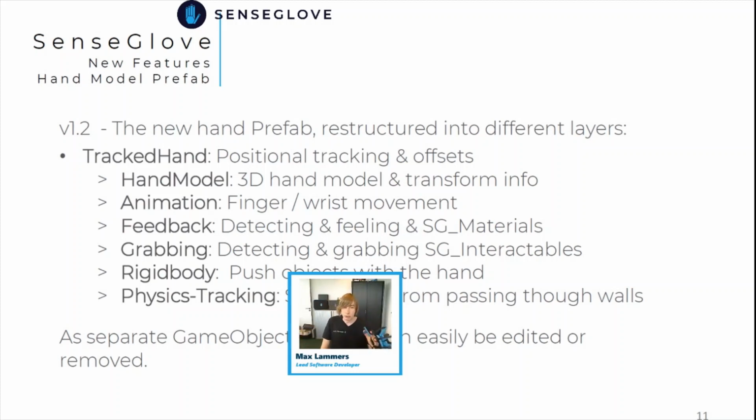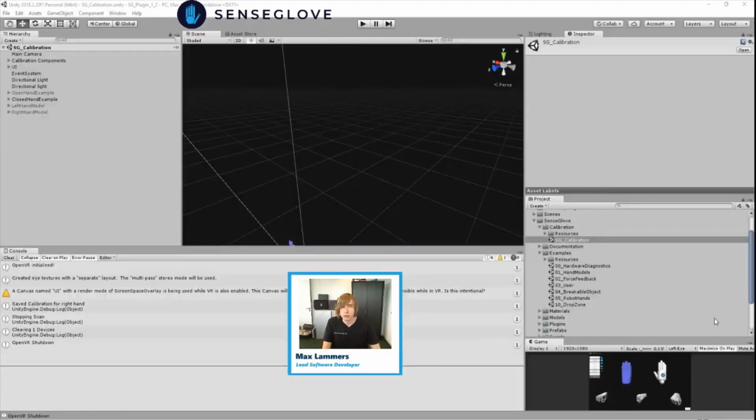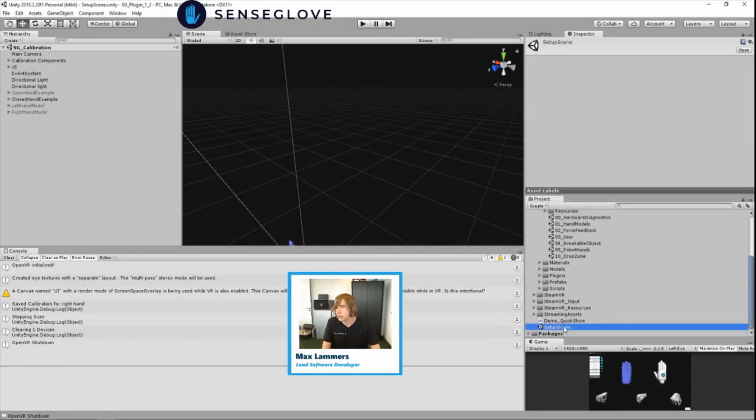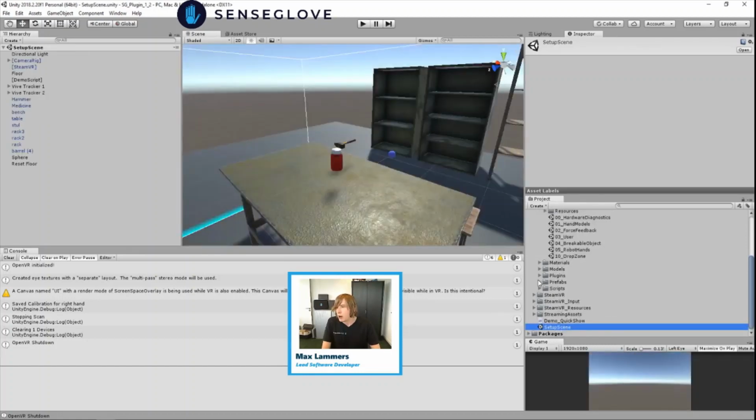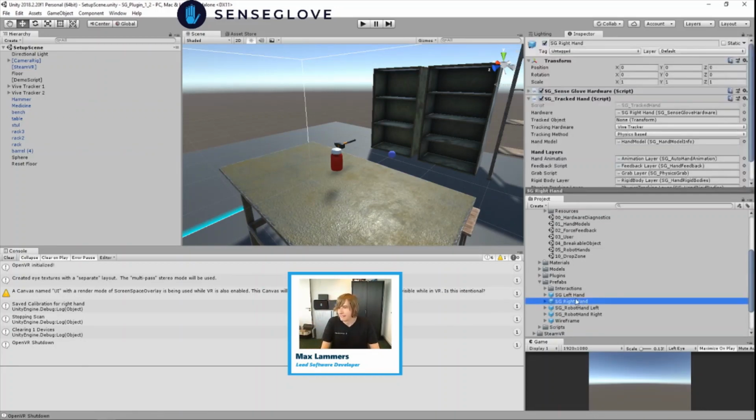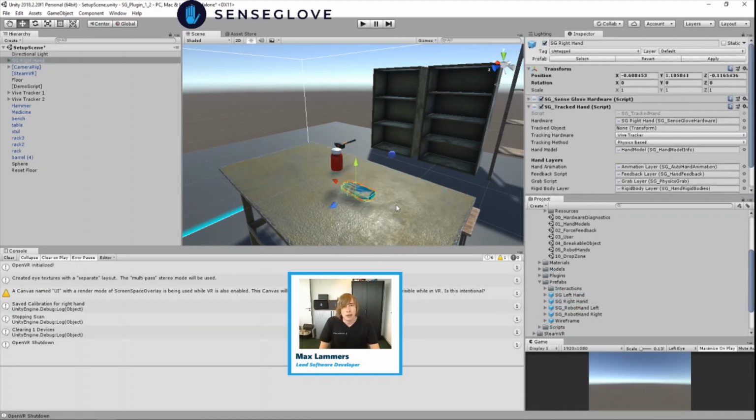Now, what does that look like if I go back into the Unity engine and I start up an empty scene? We now have prefabs for the SenseGlove. It's not technically an empty scene. I have added some little props in here and there to showcase a little bit more than just a void. But now, I've got my SenseGlove hand, drag and drop it in here,